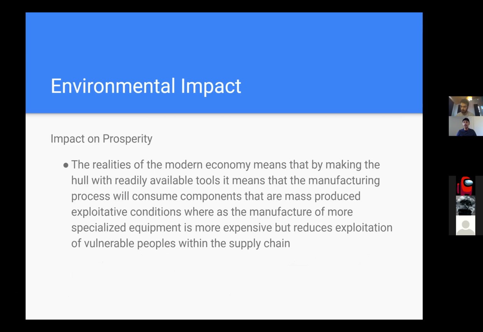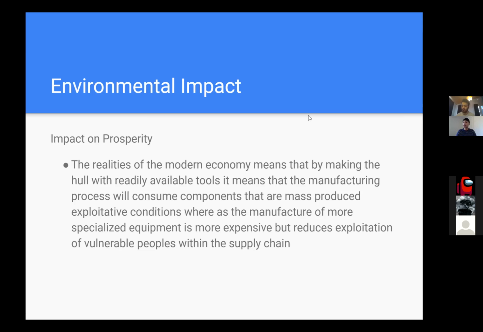Next, we can see that there is the impact on prosperity. So we are only doing a batch size of one, and we are using fairly common materials. So we aren't exactly causing the same level of impact as a mainstream auto manufacturer. However, with that said, we also have to take into consideration the impact on people and the economy as a whole, because we are actually using